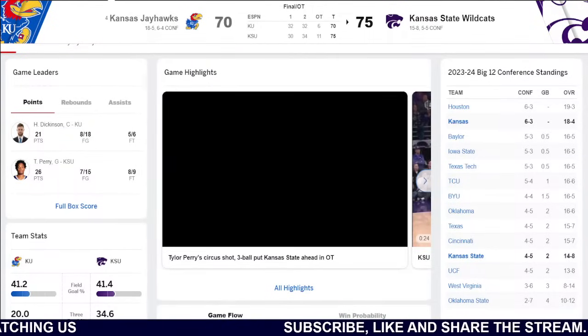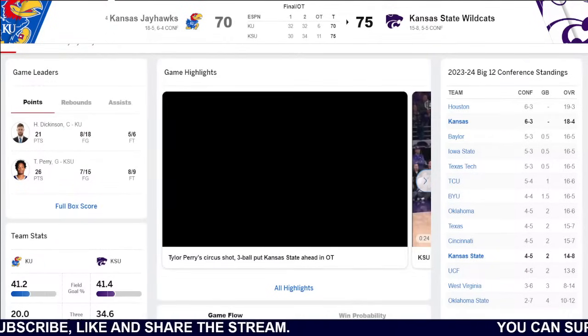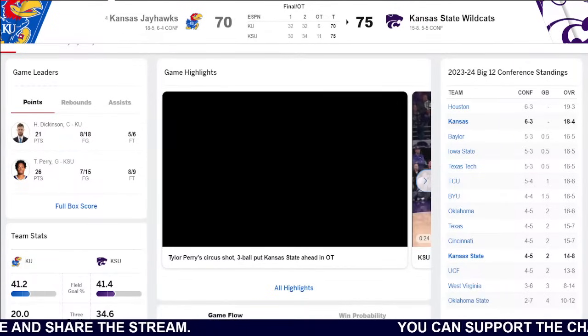KU led this game 32-30 at the break. We were deadlocked 64 all at the end of regulation, and K-State outscores Kansas 11-6 in the overtime session and walks away with a